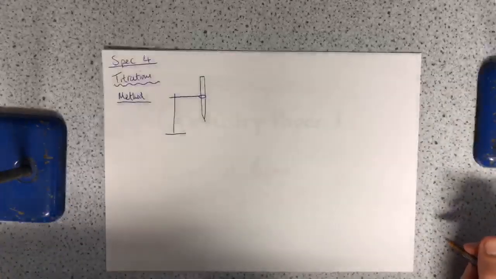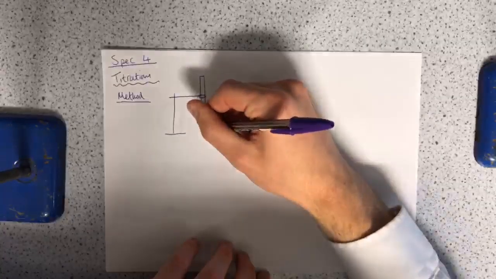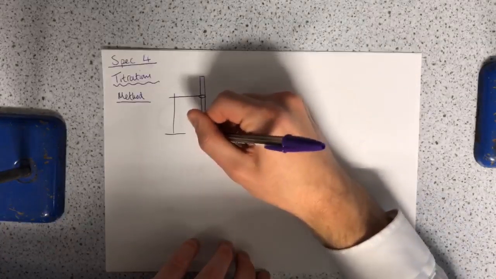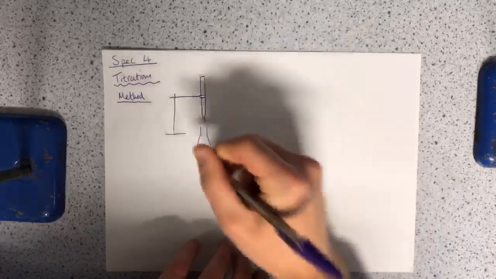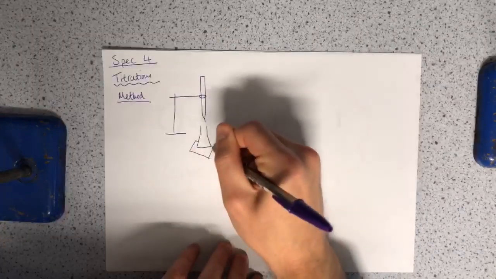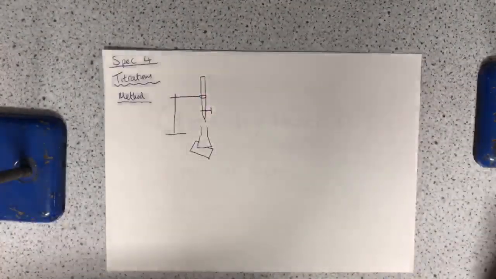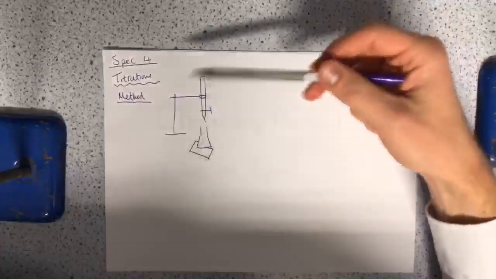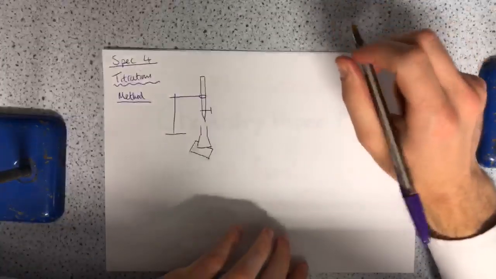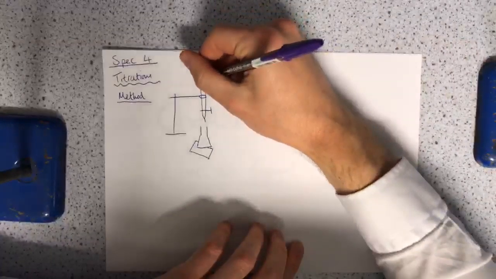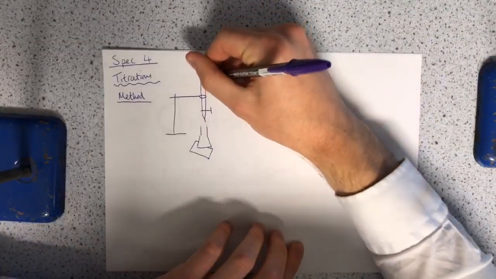There's my burette. Underneath you would have a conical flask, and that conical flask would be sat on a white tile, and you'd be almost ready to go. There's my tap. Now, once you've got this equipment set up, what you'd then be expected to do is firstly fill the burette up to 0